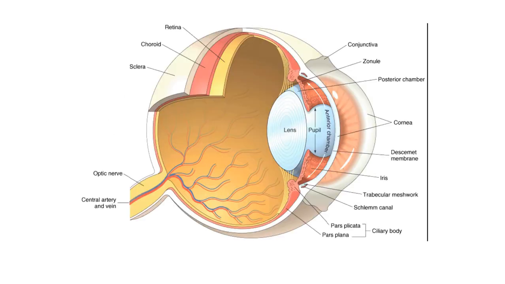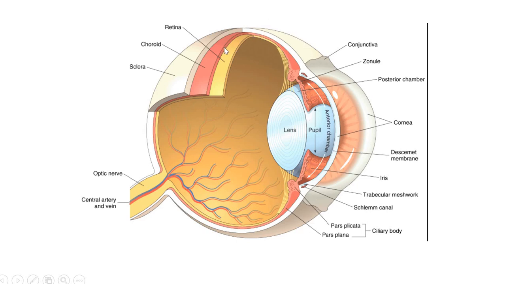Coming to the anatomy, this is the globe of the eye. This is a cut section. Here we generally have the eyelids which protect the eye, and covering the outer part, there's a thin membrane called the conjunctiva, which has two parts, the palpebral conjunctiva and the scleral or bulbar conjunctiva. And underneath the conjunctiva we have the cornea which covers the lens, and in the periphery, the whitish area, this is the sclera.